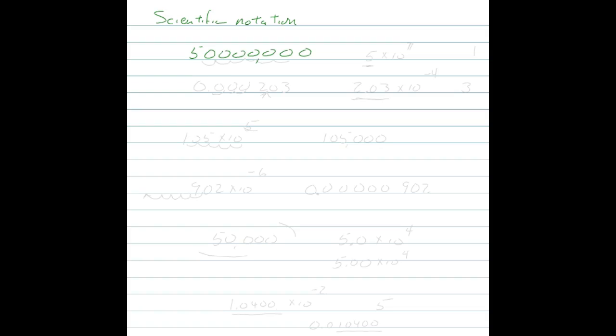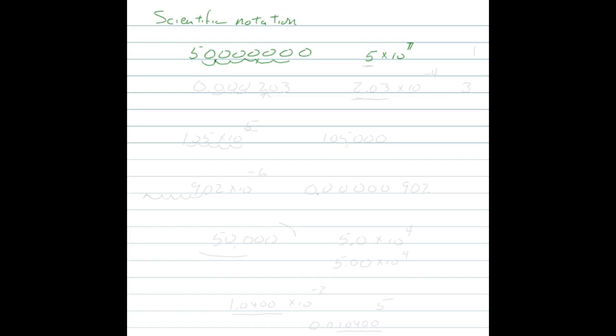that number there, 50 million, you can write that as 5 times 10. 1, 2, 3, 4, 5, 6, 7. It's a big number, so it's a positive exponent of 7. So instead of writing out all those zeros, you have a smaller space. It can work for